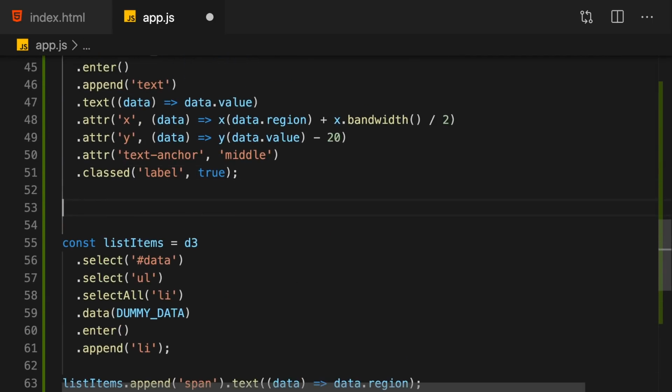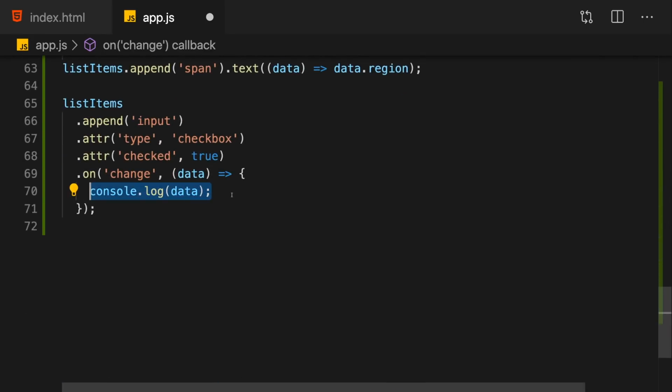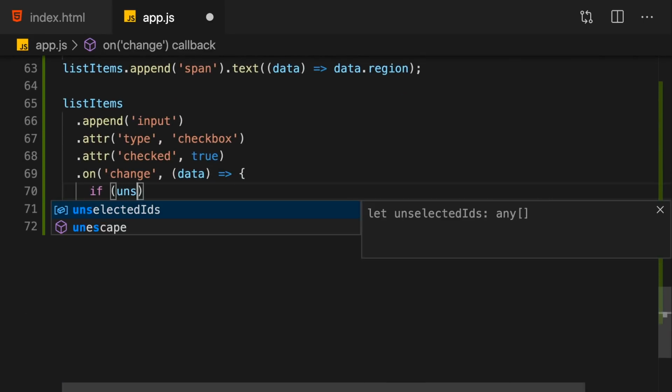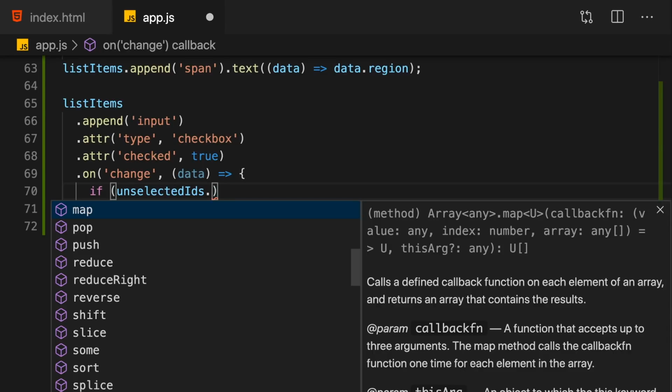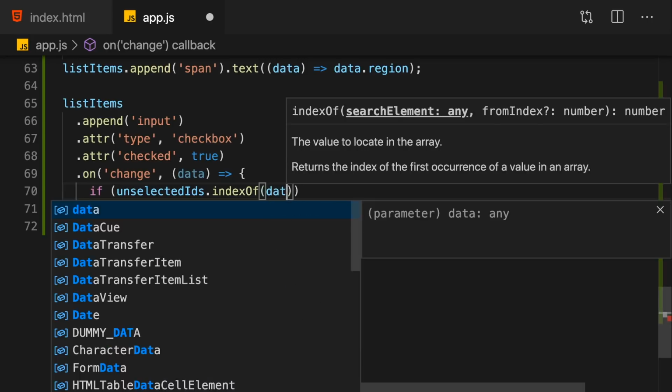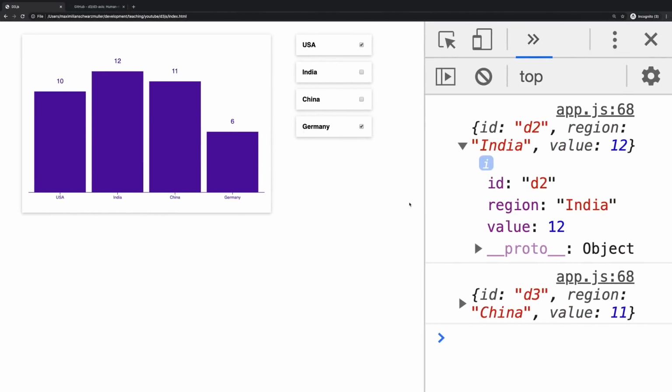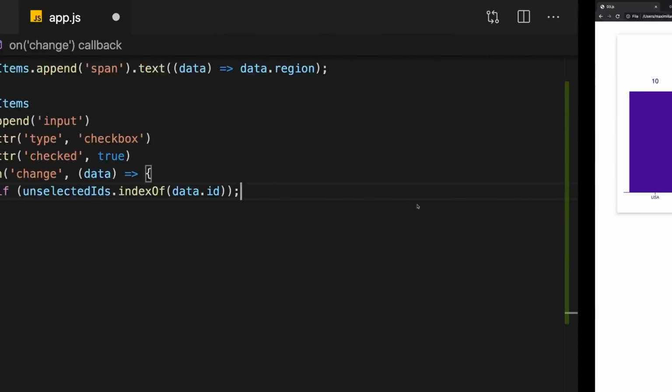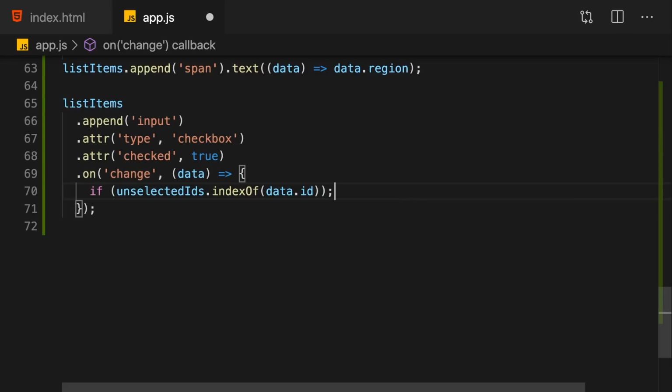And for that here, I'll add a new variable, which I'll name unselected IDs, which is an array that initially is empty because initially all items are selected. And then here, whenever a checkbox is clicked, we can check if unselected IDs already has that data point. With indexOf, for example, we can check for the data ID. Every item has an ID field, so we can check if that ID, which is just a string, is already